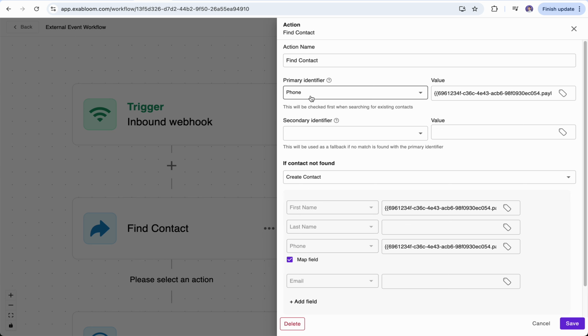The first thing is you'll need to let this step know how to identify any existing contact. So we have the primary identifier as well as the secondary identifier. Essentially, I'm letting the system know that the first thing to look out for when trying to find an existing contact is to search by the phone number first. For the phone number, you need to map it based on the payload that has been received via